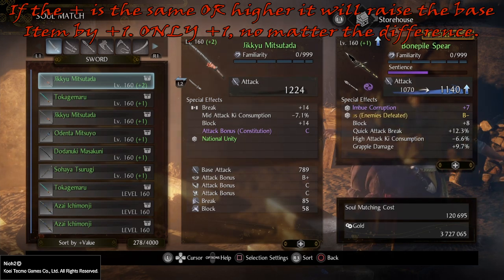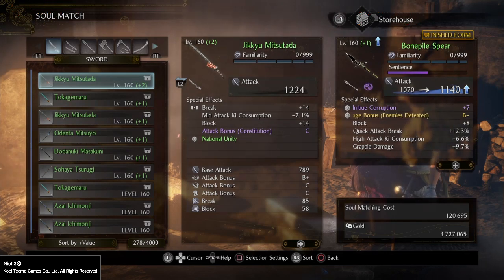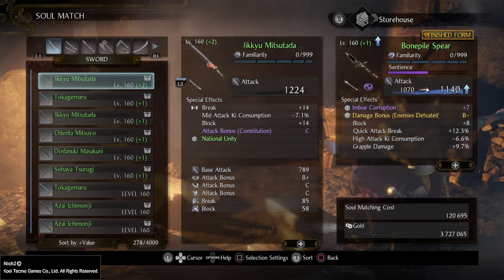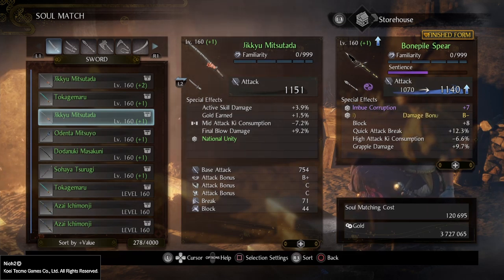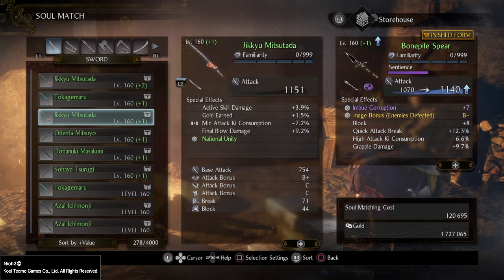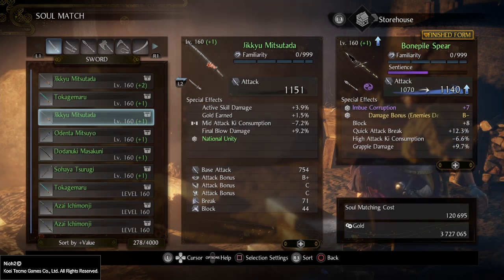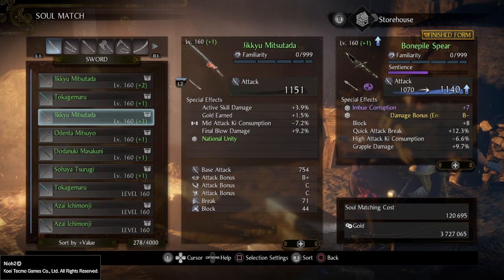Why do I say one level? When you try to level up your plus sign from 0 to 10, you can only increase it one level at a time. So this GQ Mitsutada here has a +2, you can see it on the top left. If I move below to the GQ Mitsutada here, it has a +1, and the bonfire spear still gets a +1. So what you actually have to do is go level by level when you try to level up your plus sign. Why would you want to do that? Well, it increases the damage of the weapon quite substantially, and if you want to min-max, you really should do that. So the two basic functions of soul matching are inheriting the level of the material item and inheriting one level of